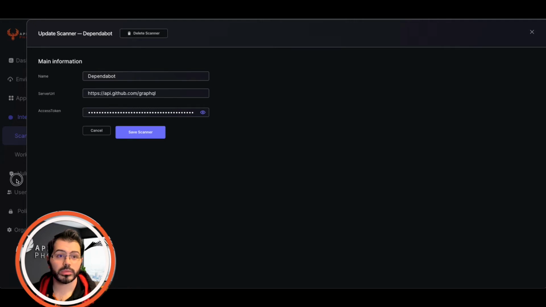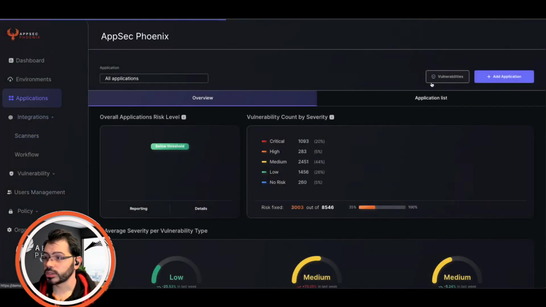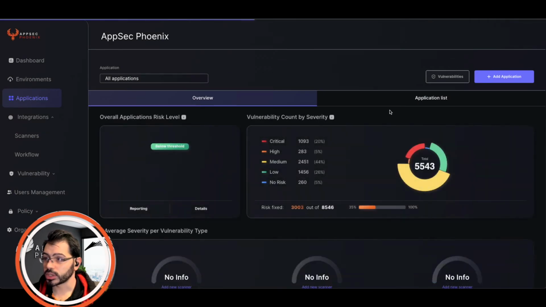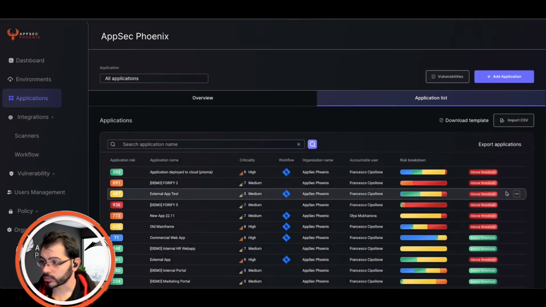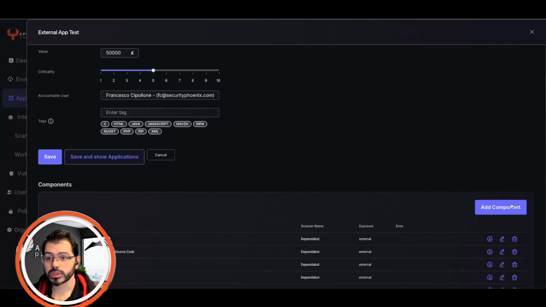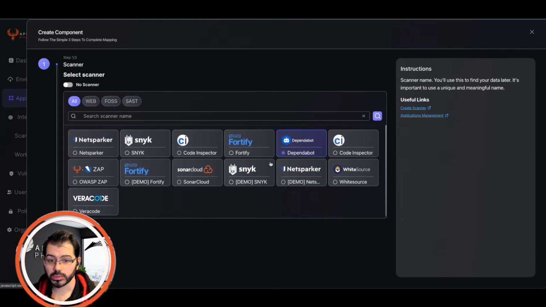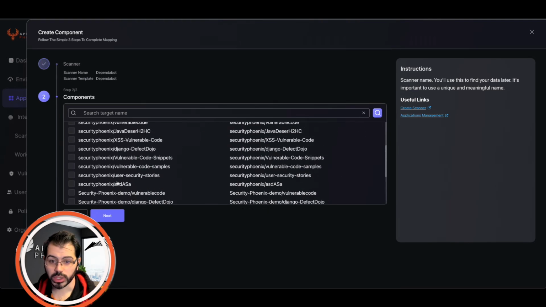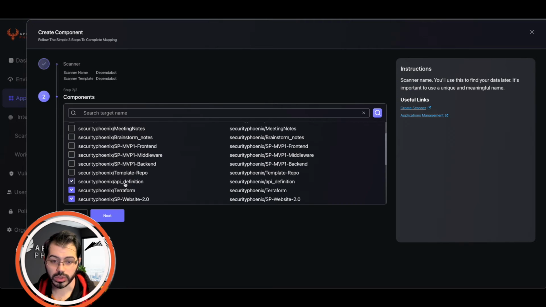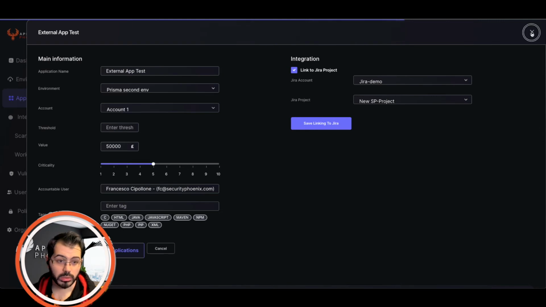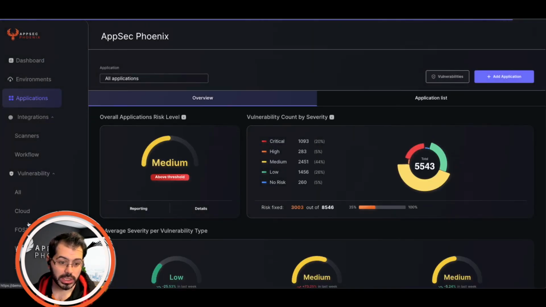Once that's done, fundamentally you can go in your application. You can create a new application. For convenience, we're just going to take one that is already existing. You can see we have added other components from Dependabot already. So you go add component, Dependabot, next, and then you can select the number of keys, the number of repositories that you want to add, and so on and so forth. Next, select if they're internal or external, if they belong to a component that is internal or external, and so on. Once that's done, fundamentally you have information about Dependabot, and you can review it inside this